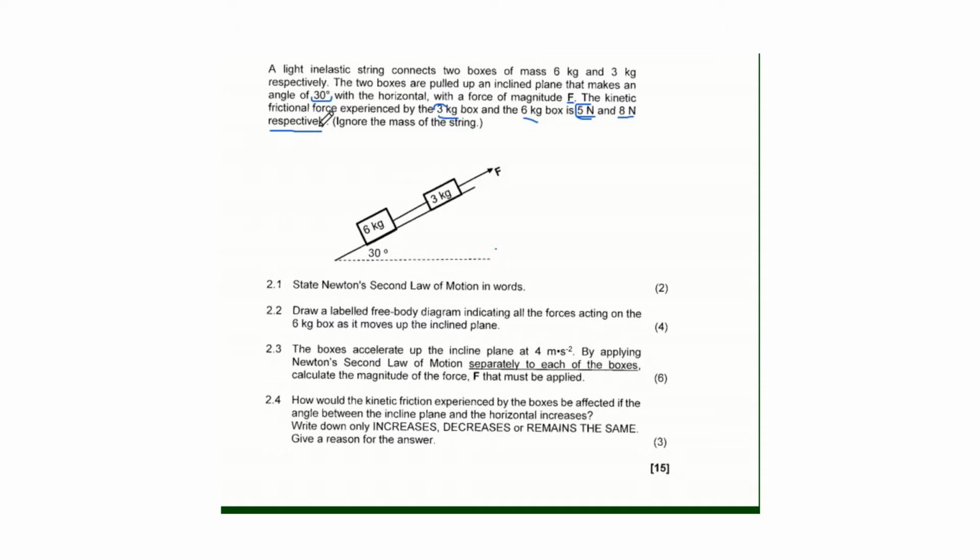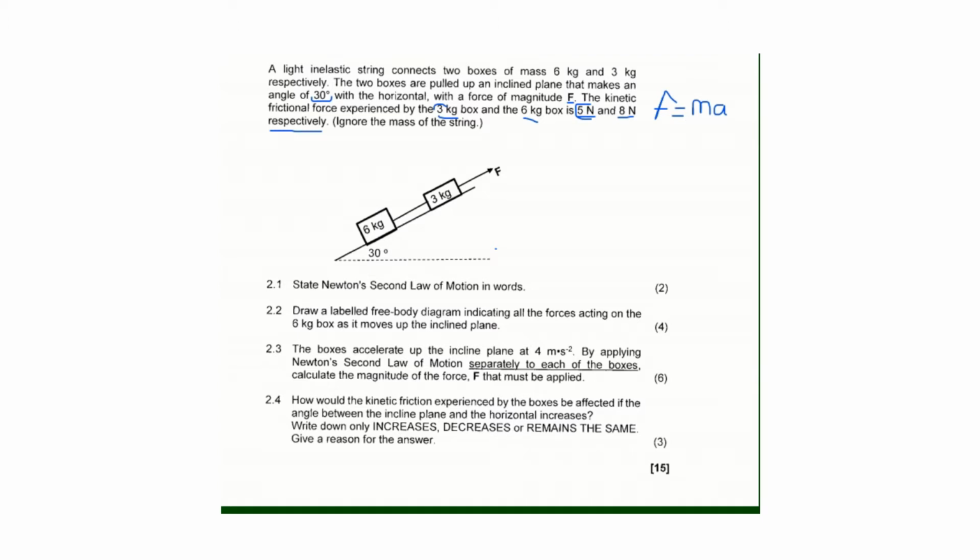So now the first question says state Newton's second law of motion in words. So in other words, Newton's second law definition lays in this formula, F is equal to ma. But you are told that you have to explain this in words, not what I'm doing here. I just want to give you a hint as to something that will assist in remembering this